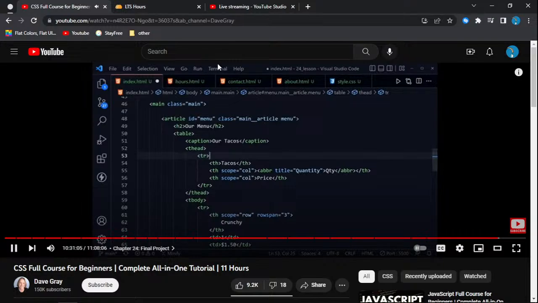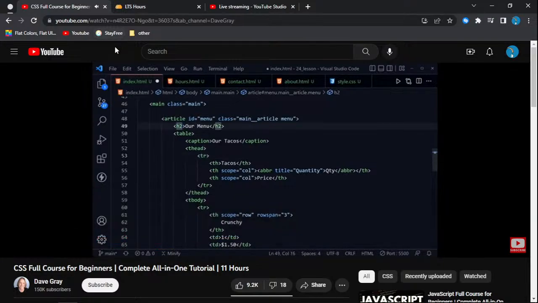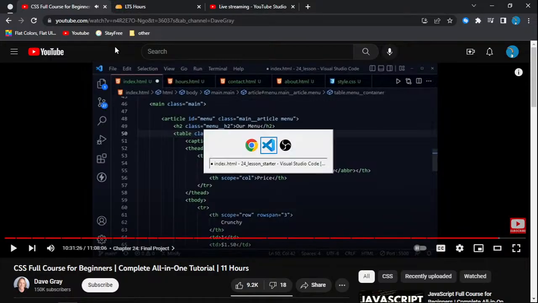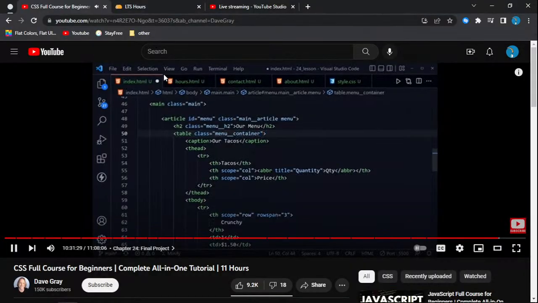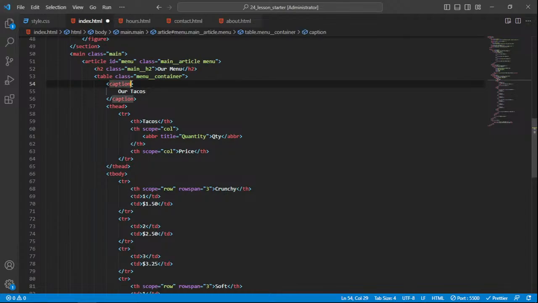And then I will refer to these, again, with BEM notation, but I'm going to refer to menu as the parent. So here we're going to have a class. I'm going to set this equal to menu, 2 underscores, and h2 for our menu heading. Then the table itself, say class, and then menu, 2 underscores, and container, because this is going to contain our menu. For the caption for the table, we'll use this class and set this to off screen, our utility class once again, as we will not want to view this caption on the page,